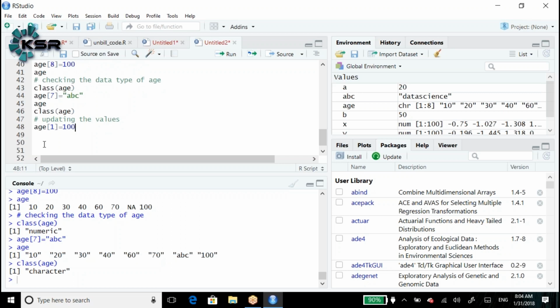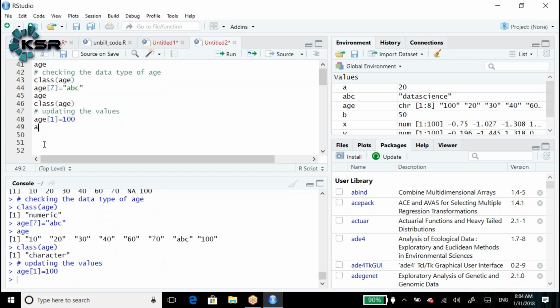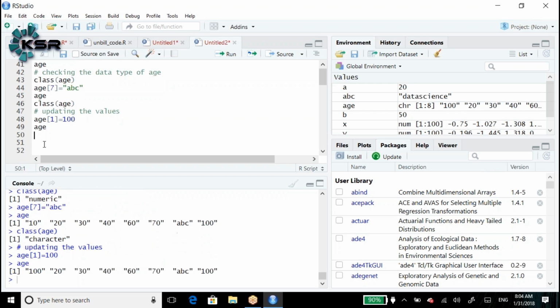Wherever the first position value is, 10 is going to be replaced with 100. Yes, it overrides the previous value. Now let me print that age. Is the first value 10 or 100? 100. Is it considered a character variable or a numerical variable? Character only, because one particular position is a character. That is all about vectors.